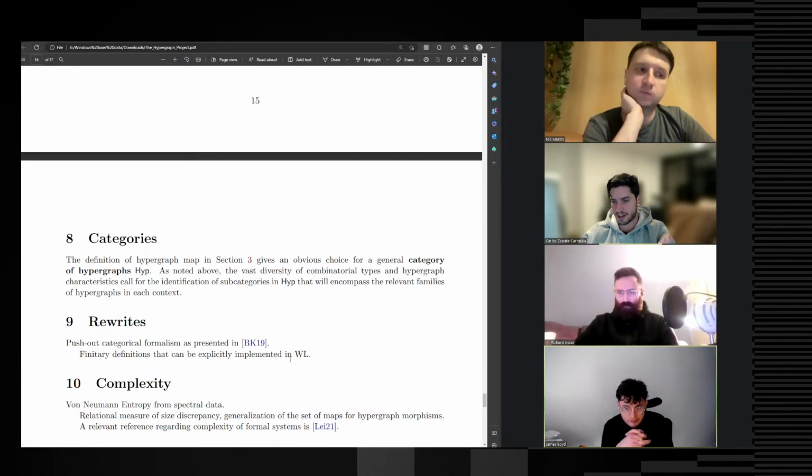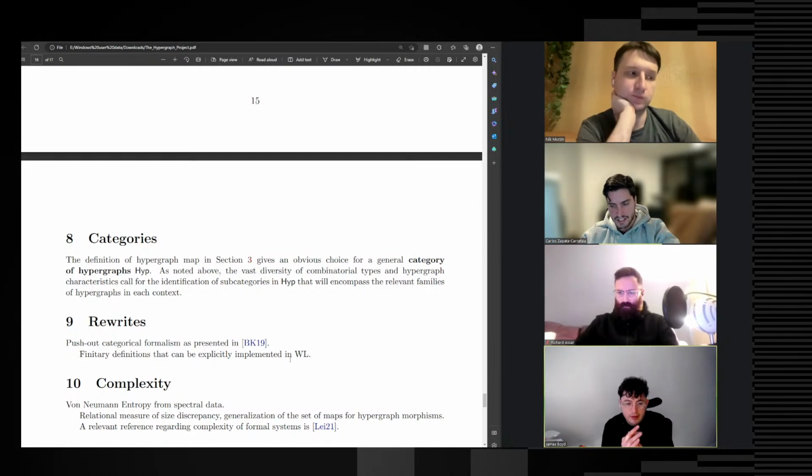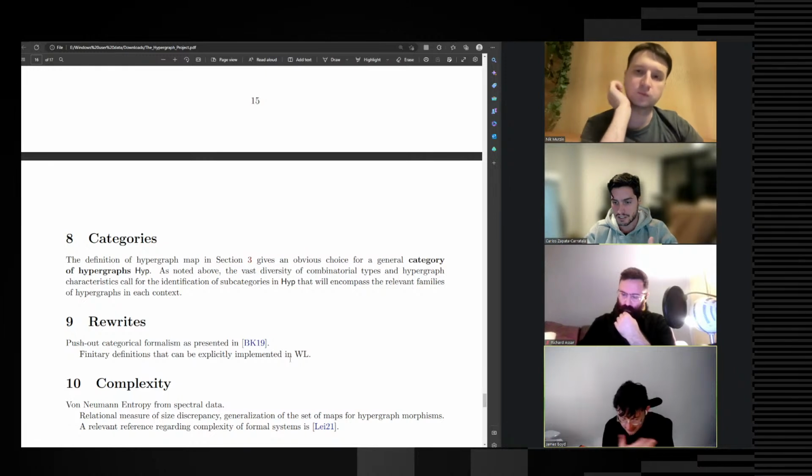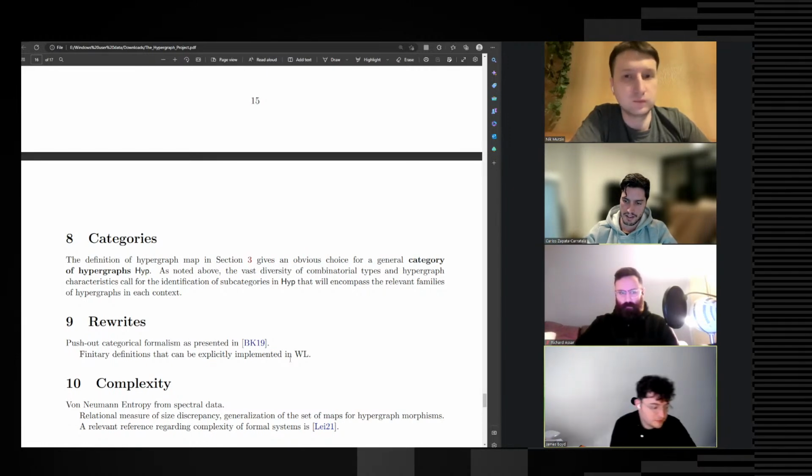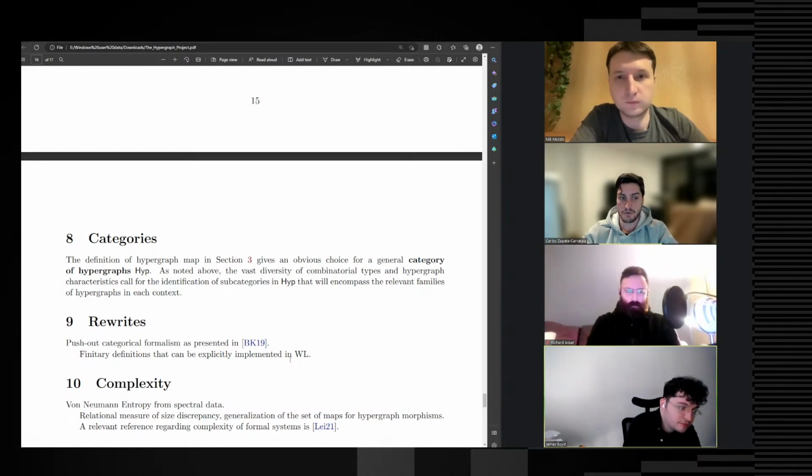And I've mentioned this a couple of times before. I don't think that at this stage we need to push a lot in this particular direction, because otherwise I will have to spend days and days just studying this stuff and sinking a lot of time in that, which is not a bad thing, but I don't think it's the top priority right now. If we have a good enough framework for the hypergraphs themselves, I think the rewrite theory is going to come more or less naturally, and it will be much more interesting a bit further down the line.